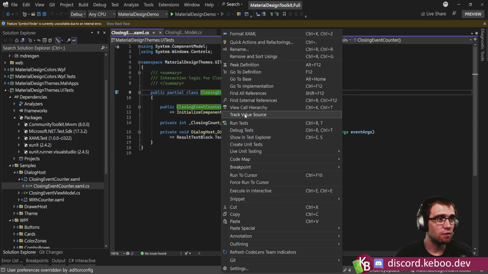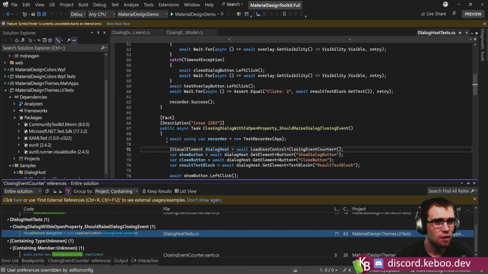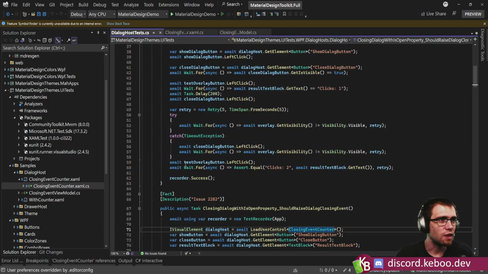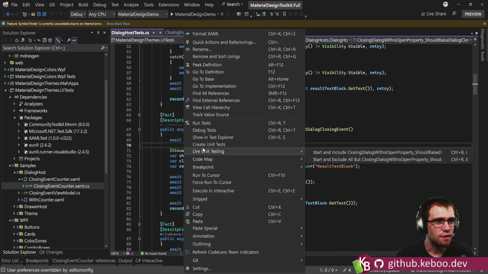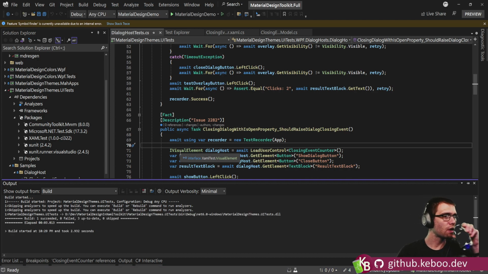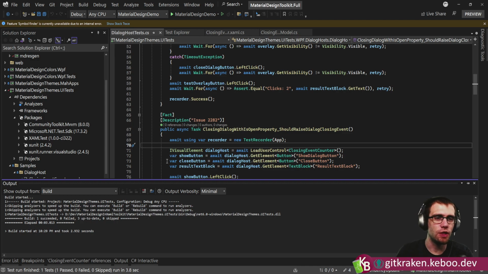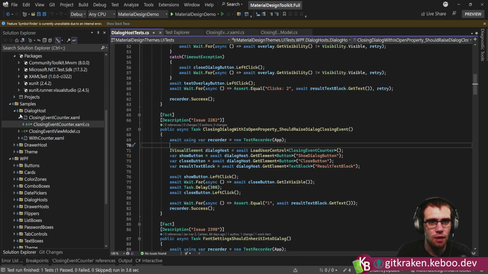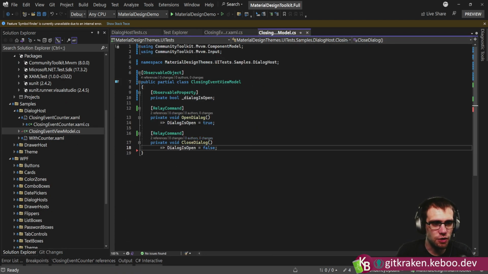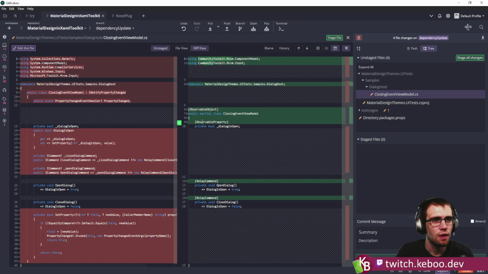Okay, so let's just run find all references. Show me what tests are actually using this. Just make sure that this test actually passes now that we've done all of those changes to it. Hey, little green check marks. Yay, I win. Okay. Yeah, so just to be clear, if anybody is wondering if it's worth updating to the